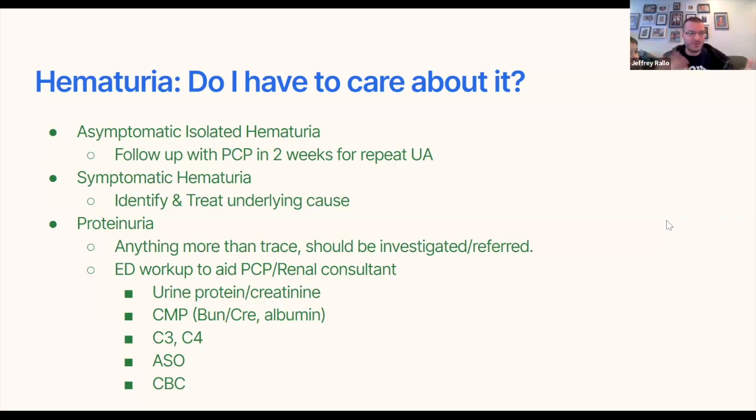Commonly, for the significant proteinuria patients, we will call renal. We have renal fellows that are happy to answer your questions. But for the most part, this is all they care about in the ER as well. They may occasionally add on a couple things, so it's good to loop them in. We don't consult them that frequently and bother them. So if you have a renal patient, please feel free to call them. But in general, this is a great start for an ED renal workup.